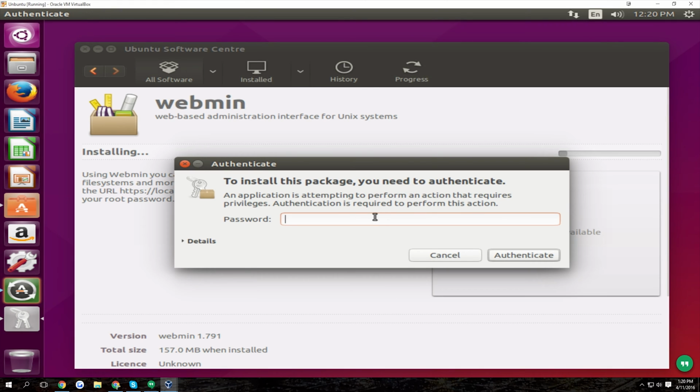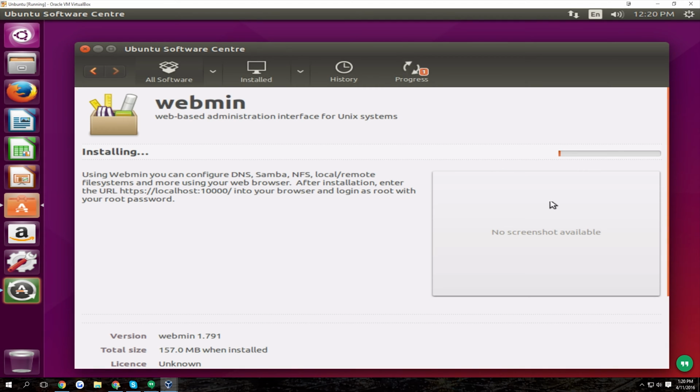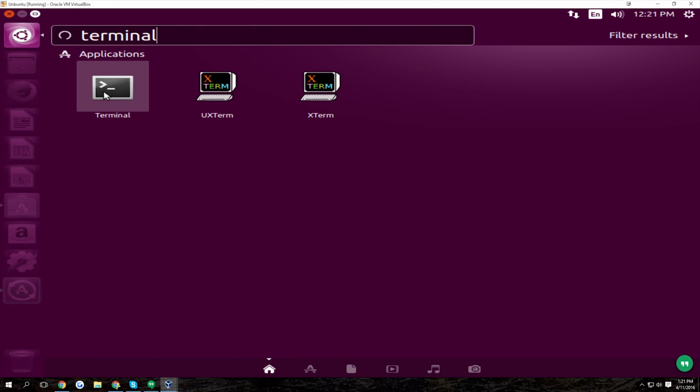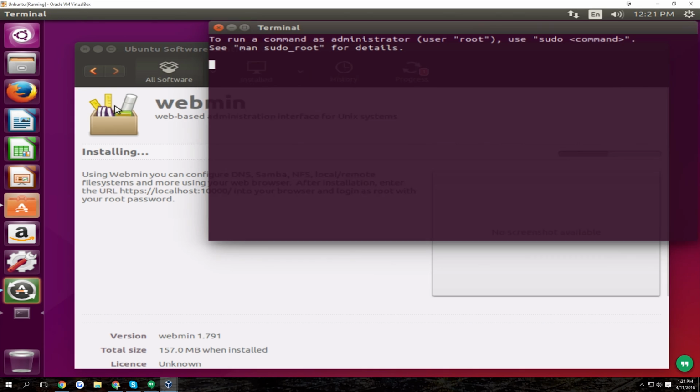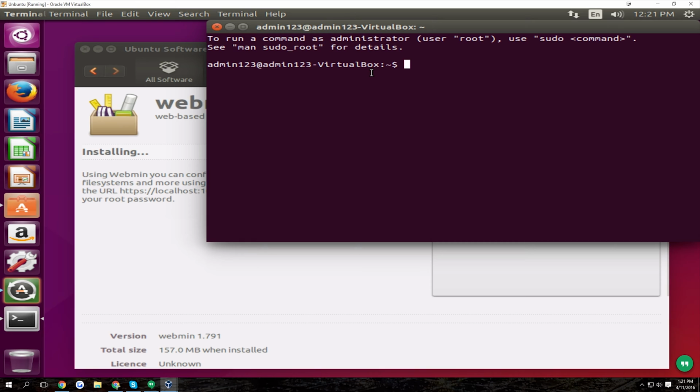So it's going to require your password. All you have to do is enter it and authenticate, and it shall continue. So while we're waiting for this, let's take and open up Terminal. So you want to use Terminal, not Xterm. Xterm is kind of like Terminal, but it's not as good. So you're going to do